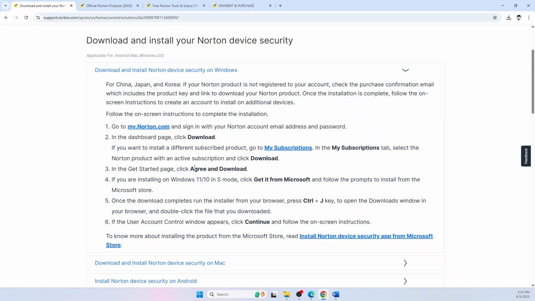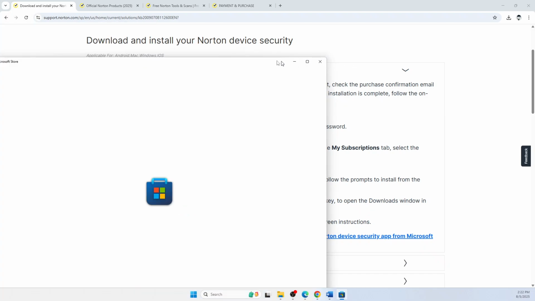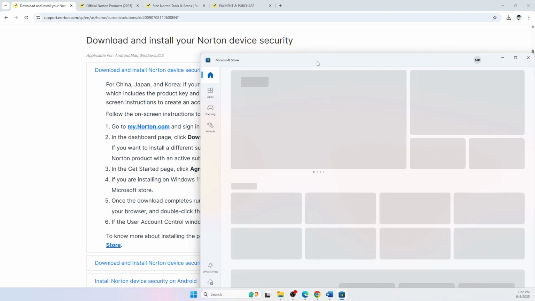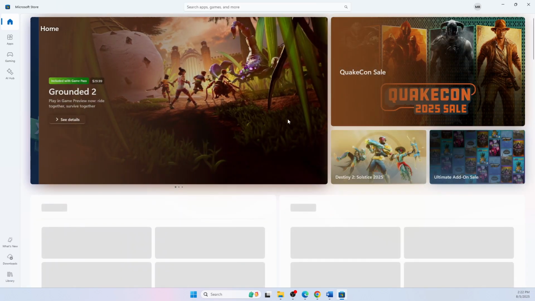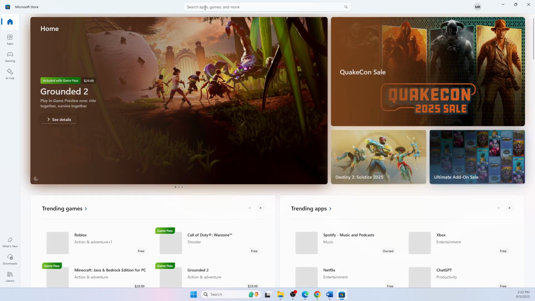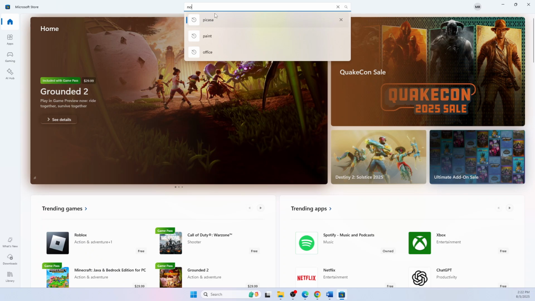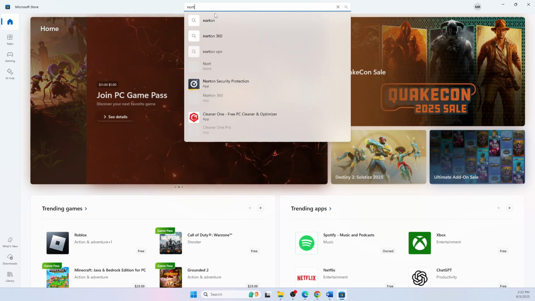Now then you can get it from Microsoft, all right? So press the Windows key and then type store. Let me open up Microsoft Store, this one here. So this is the Microsoft Store that is built in on Windows. Then just search for Norton,